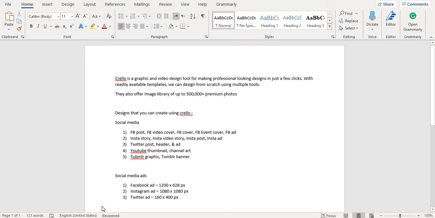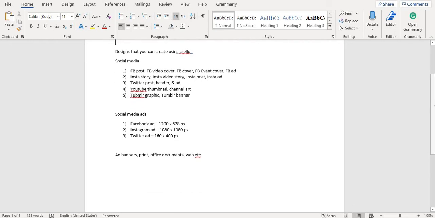Some of the designs that include social media include Facebook post, Facebook video cover, Facebook event cover, Instagram stories, Instagram video story, Twitter, YouTube thumbnail, and then even Google banner ads. And social media, again, Facebook ads, Instagram ads, Twitter ads, Office documents, etc. So let's take a look at this tool and what it has to offer in the dashboard.